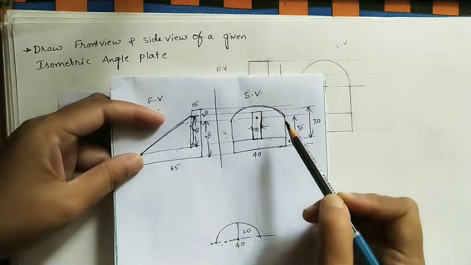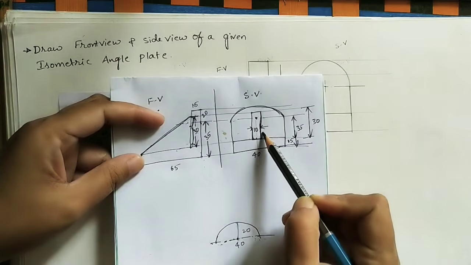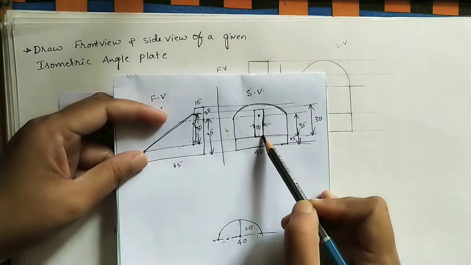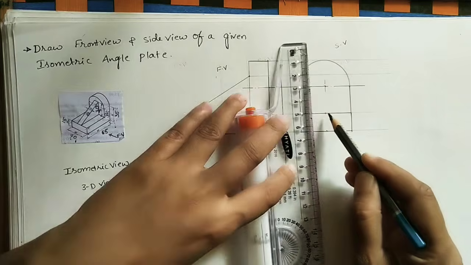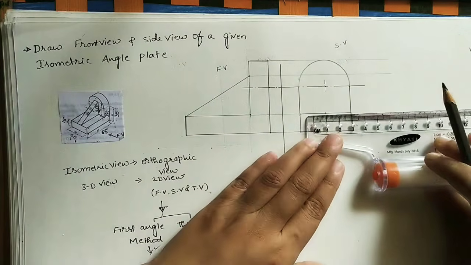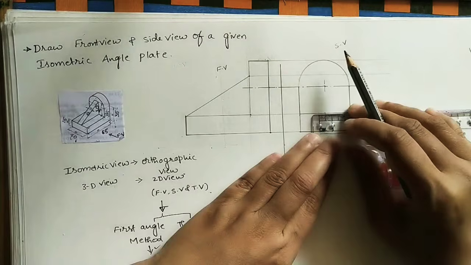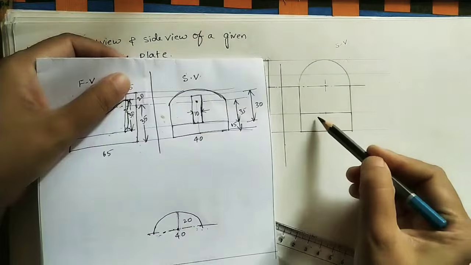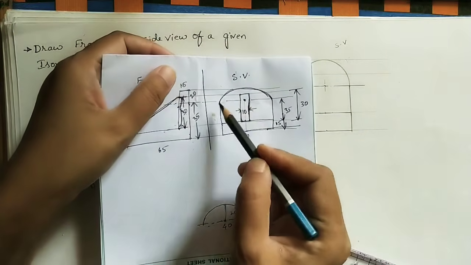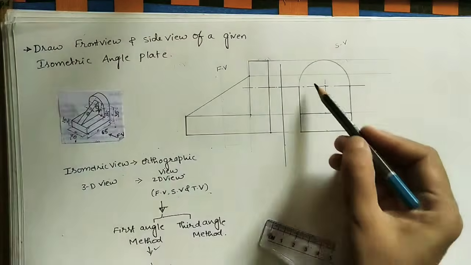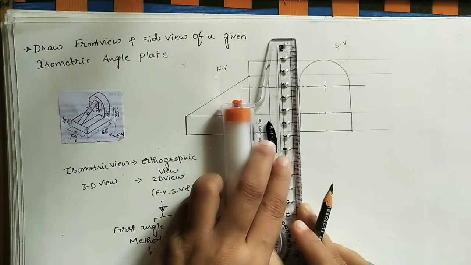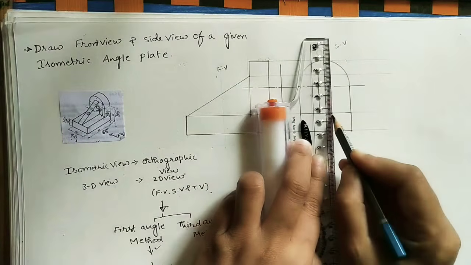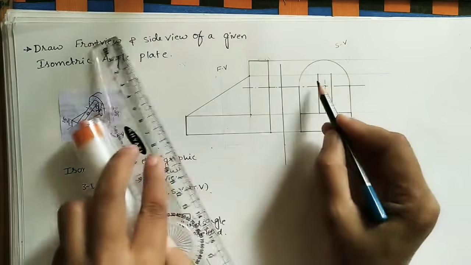Getting this semicircle, construct this box of 10 mm thickness. At the middle of the line take 5 mm this side, 5 mm this side. From this side it is 30 mm. Mark the middle point. Here take 5 mm this side and then 5 mm this side. Getting the thickness of the box, make the complete box. This box height is up to this projection line. Take this as a reference line. From this point, extend the line and complete the box.